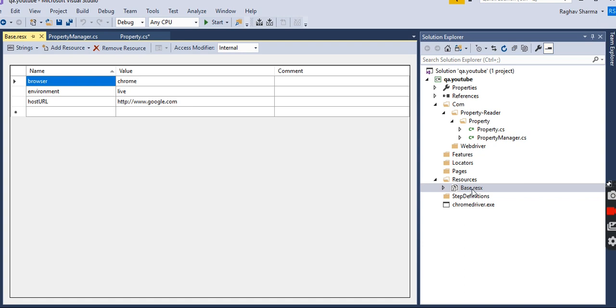Since it is a cucumber framework, test data will be managed in the feature file. Okay, so now this is the very important